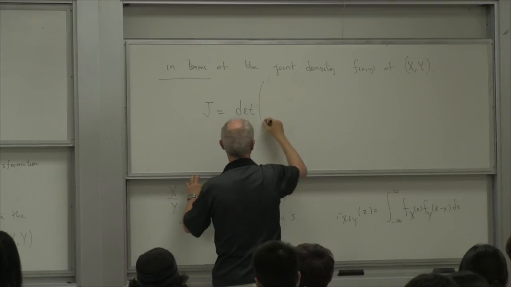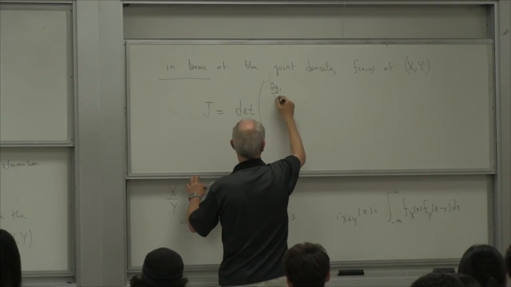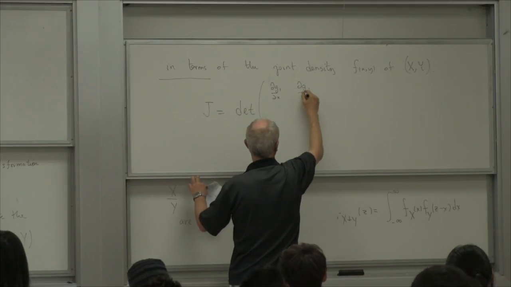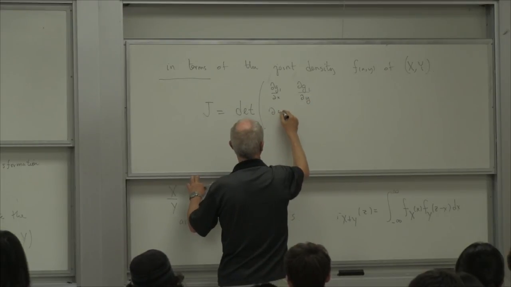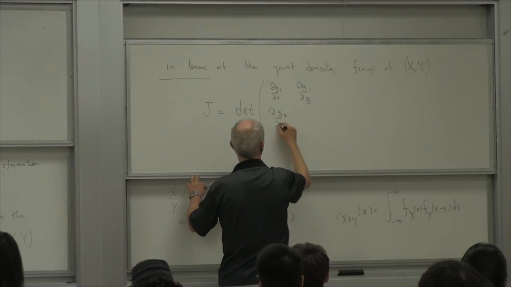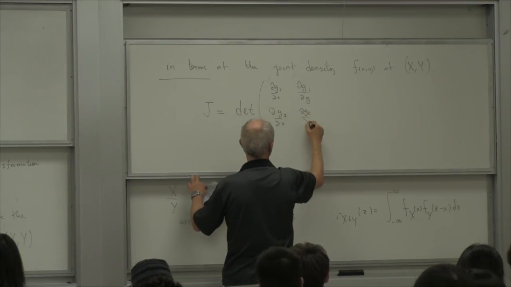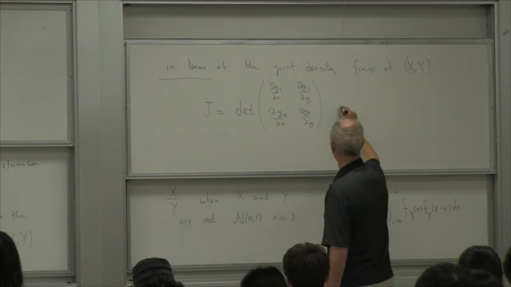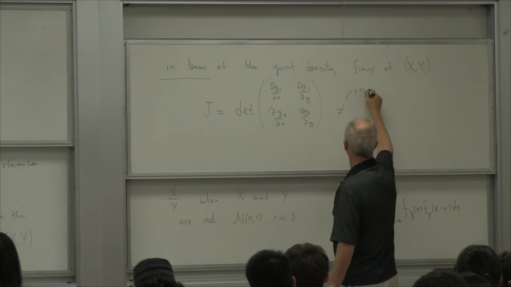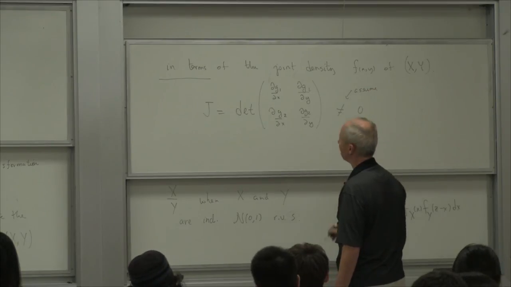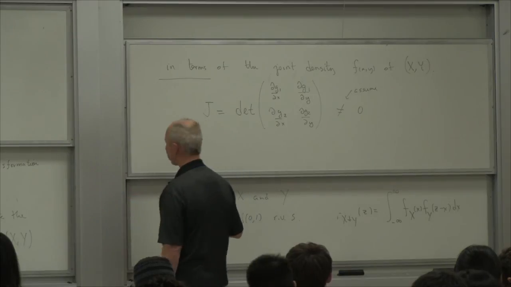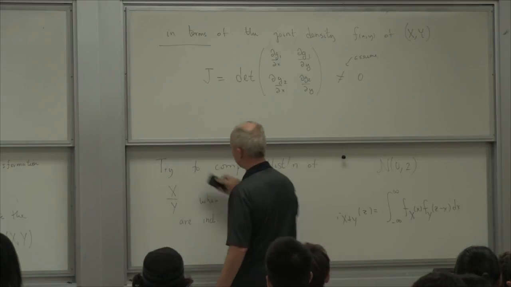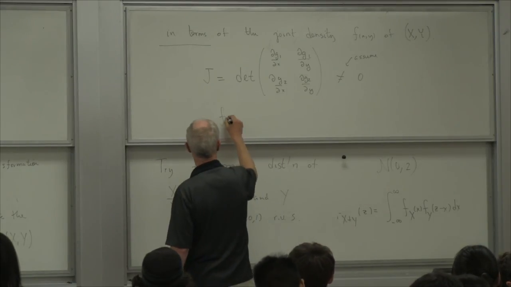You compute the determinant of this matrix. We'll assume it's not 0. That's from the invertibility. And then the density